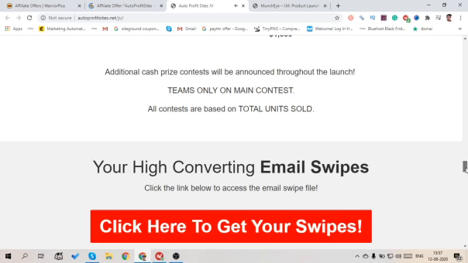Now, also, Auto Profit Sites will go live on Wednesday, the 5th of August on Warrior Plus. So let me show you how it works. It's a cloud-based app which automatically creates your done-for-you website, and I'll show you how the kind of mini affiliate funnel works around this website, right?